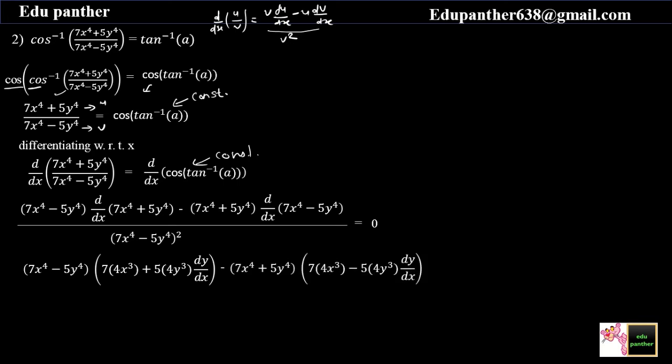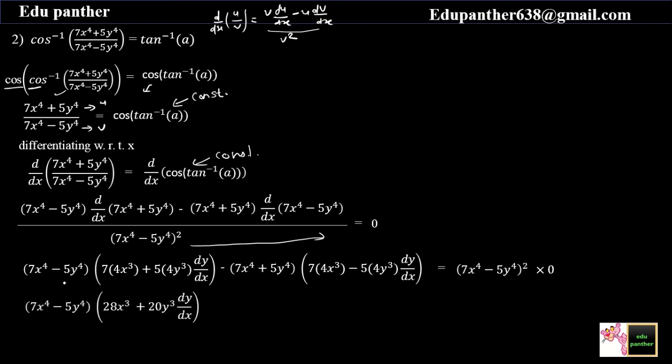Similarly, minus first bracket as it is, then same, x raised to 4, derivative of x raised to 4 is 4x cube minus 5 times 4y cube, and this is equals to, now what we can do here, we can shift this denominator on the other side, because on the right hand side we have 0, so it will be this whole bracket denominator into 0. So we just have to simplify this expression. So first bracket as it is, if we multiply here, 7 4s are 28, 5 4s are 20, minus same, 7 4s are 28 minus 20 times, this is equals to, your right hand side will become 0. Now there is no need to worry about the right hand side because we have simplified it.